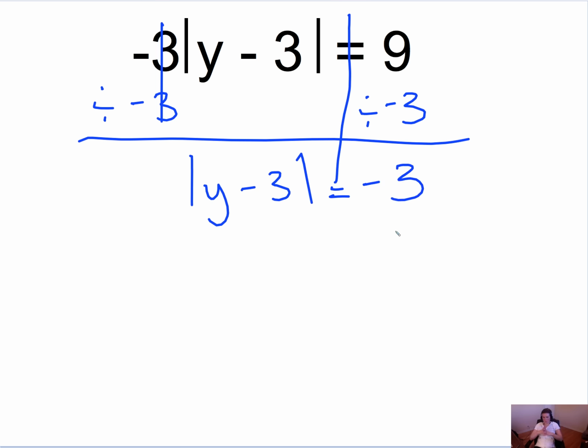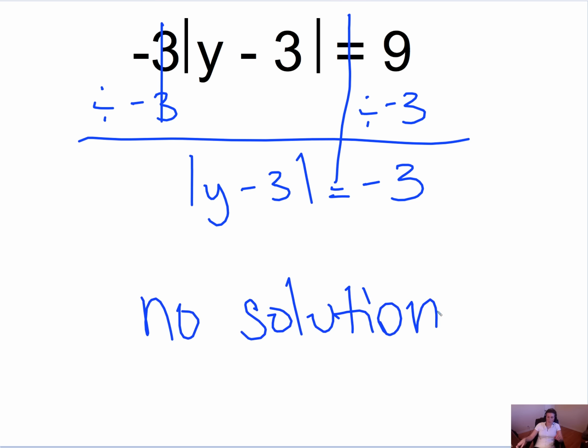All right, here's where we need to stop. This problem cannot be solved. There is no solution. That's what you would write for your answer. No solution for this problem, because think about it for a second. Can the absolute value of anything equal a negative? No. So no matter what I plug in here for y, nothing can make this possible because it's got to equal negative 3. And the absolute value of anything is not going to equal negative, so that means that there's no